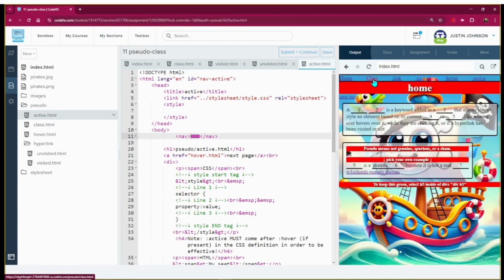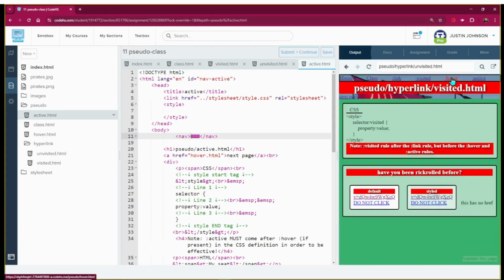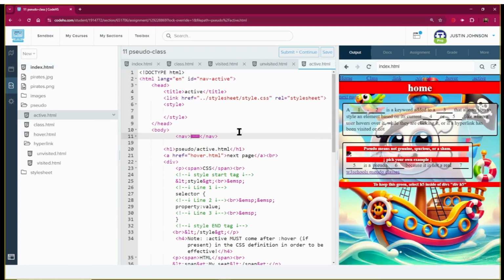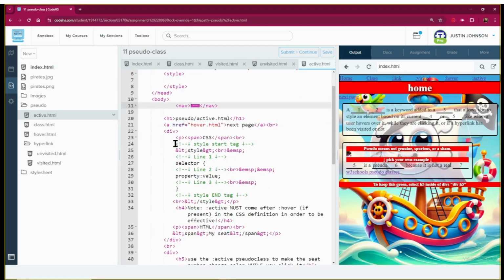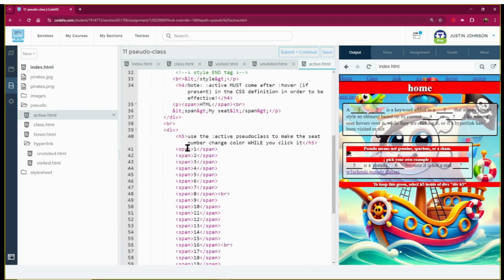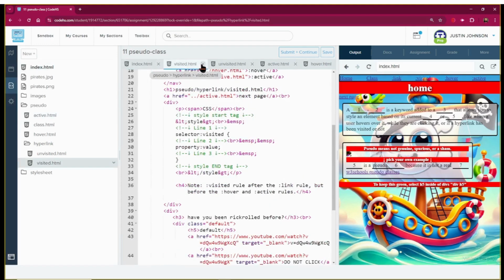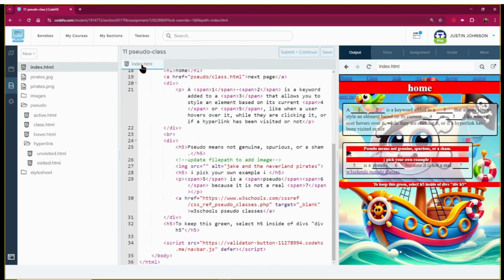The styling that was already included is making it look the way it is. So now let's go back to the home page, and let's talk about a pseudo class. Let's go down first of all. Got to go to index. I'm going to exit out of the other pages. Okay, so make sure you have index up in the tab, and then it says index, and you've got this